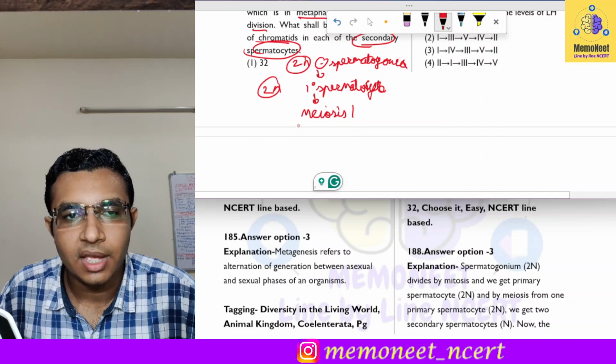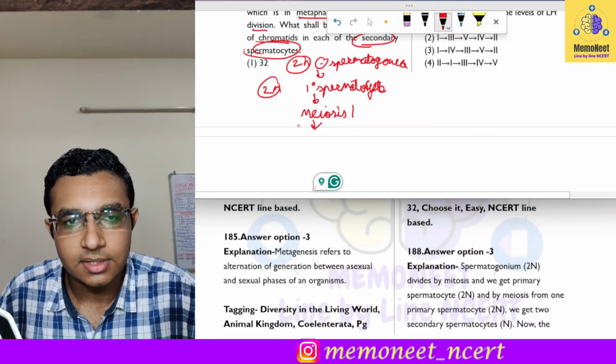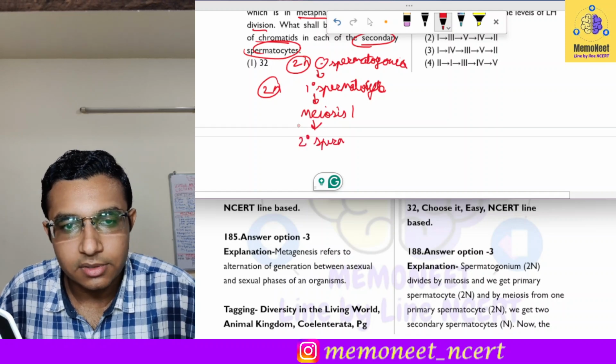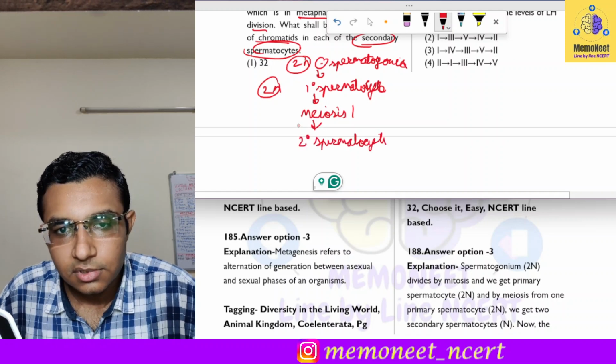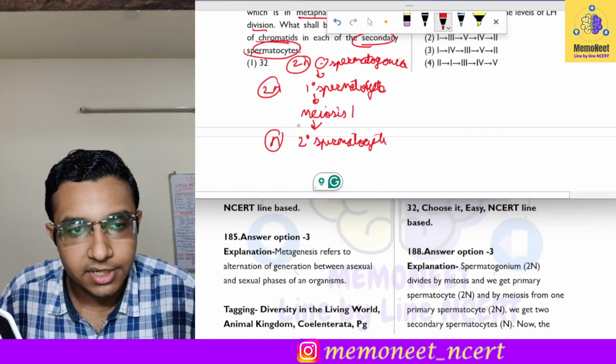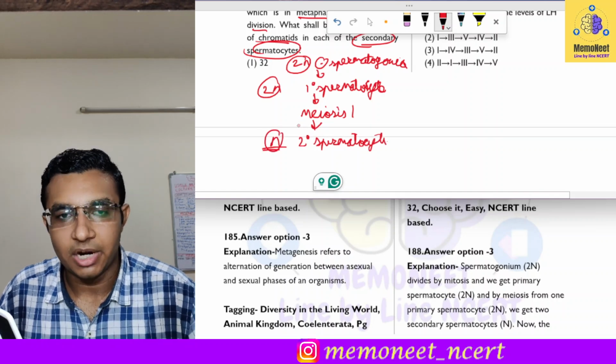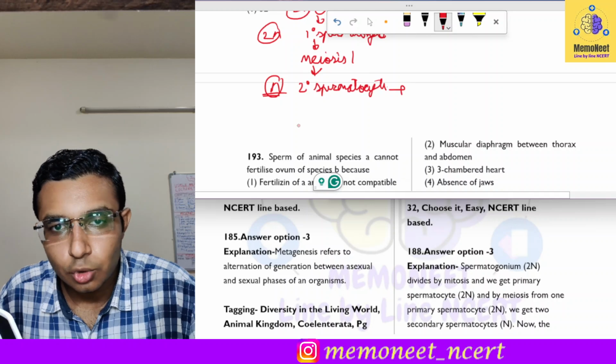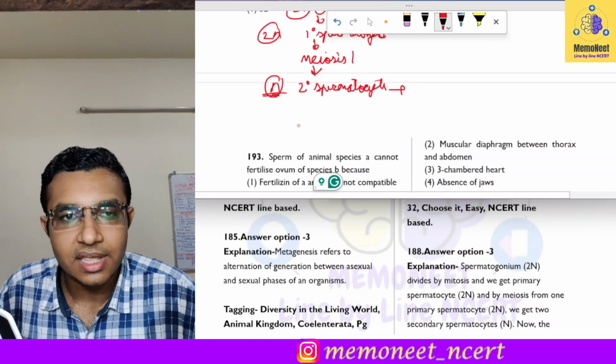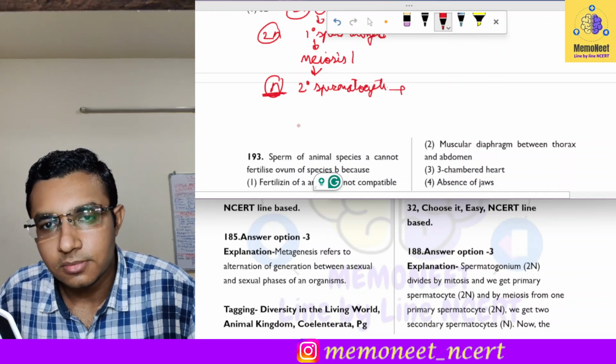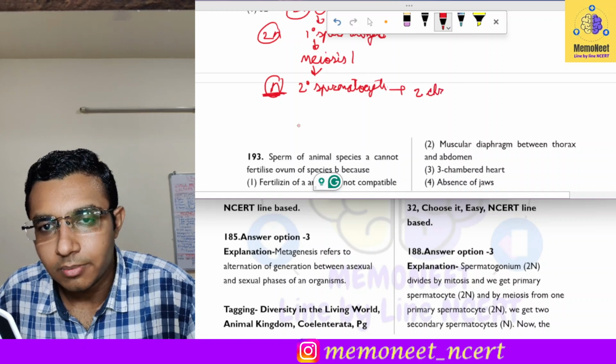Okay, and this meiosis 1 is a reductional division. Okay, and it gets converted into secondary spermatocyte. Now this secondary spermatocyte will contain n. Okay, but this n will contain 2 chromatids. Okay, so this n means a single copy of chromosomes, and it will contain 2 chromatids